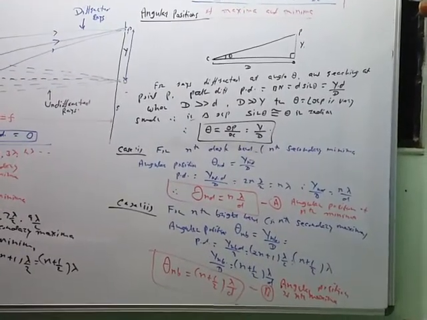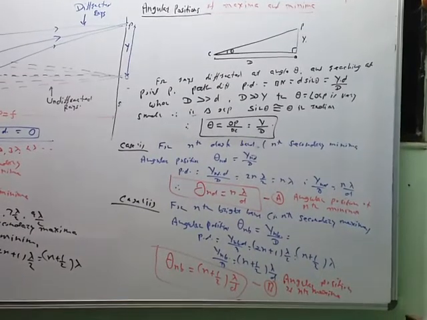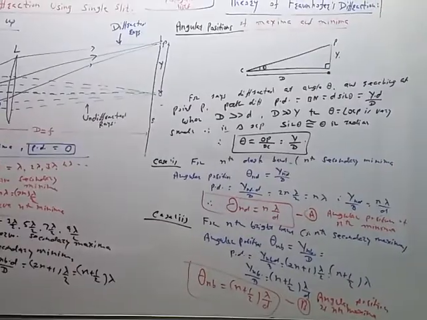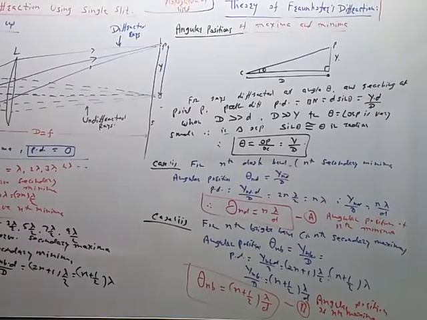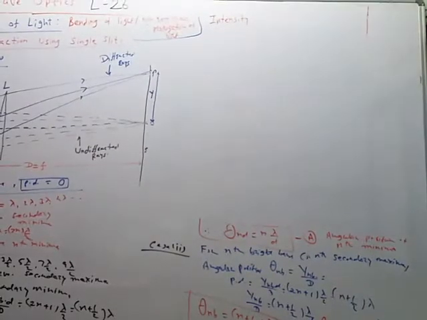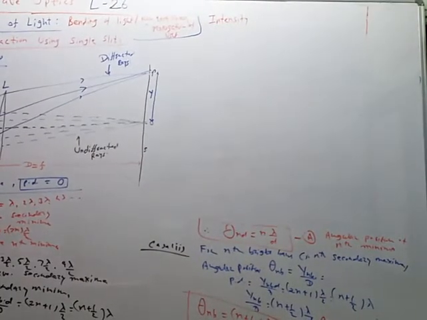So when we plot the intensity distribution graph of the diffraction pattern, on the y-axis we plot the value of intensity, and on the x-axis we plot the value of angular position. So these values are required like this. A and B equations are important for that purpose. Now let us see the intensity distribution in the diffraction pattern.